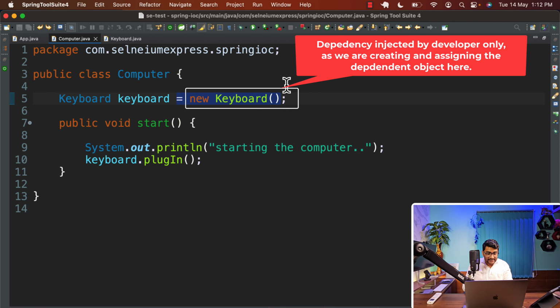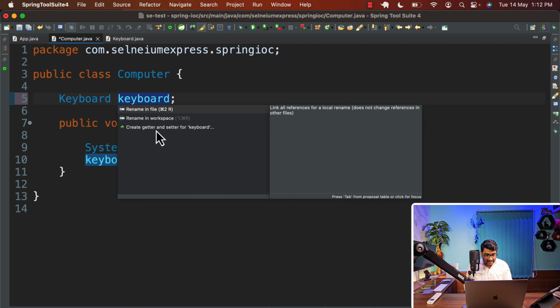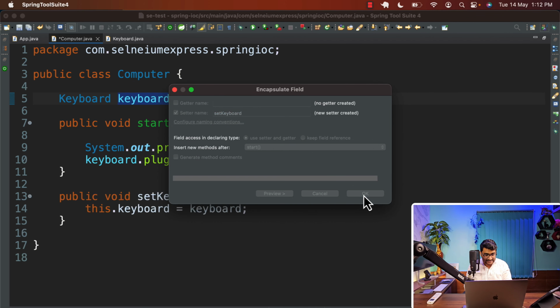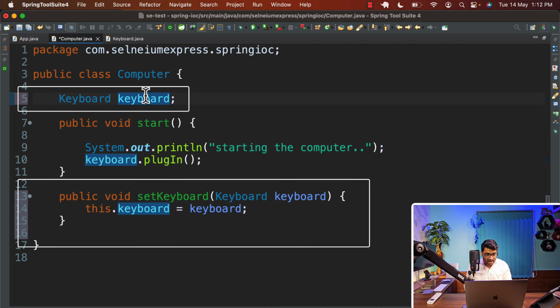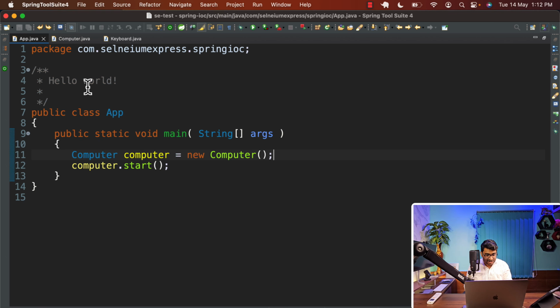But we can also inject the keyboard properties using a setter method. For example, if I press Ctrl+1 over here and click on create getter and setter for keyboard, and uncheck the getter method because I just want to create the setter method for the keyboard, then here we go. We can also inject the object for keyboard over here using this setKeyboard method which takes a keyboard object as a parameter. For example, if I go to app.java right now, and run this application,